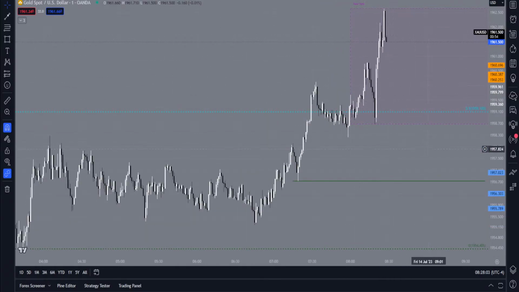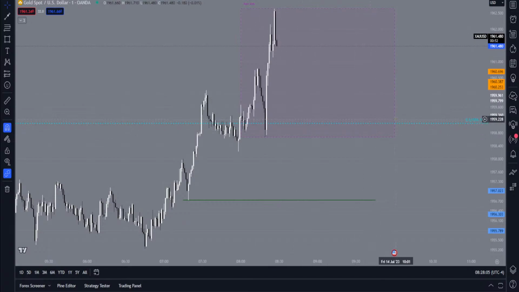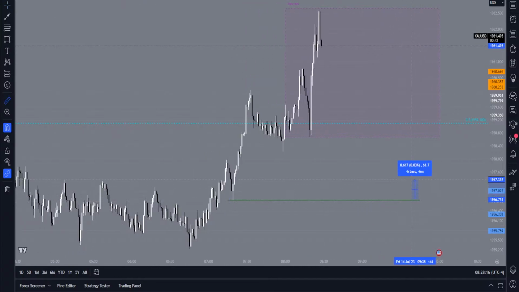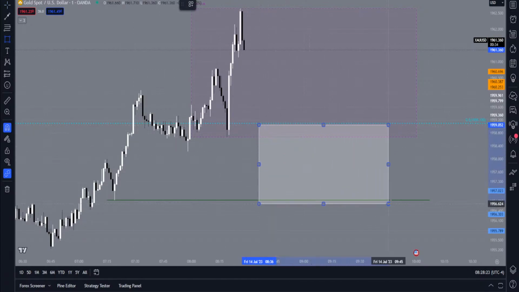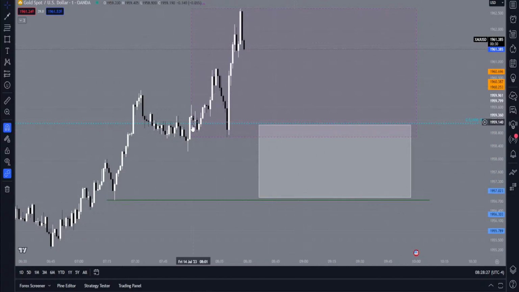We still need price to come down below the 50% line, right? We need it to come down before the 50% line, and we need it to be actually down here if we want to take it based off the gold mining strategy. But the gold drilling, we need it down here. And this area right here would be the best area to get what we're looking for.